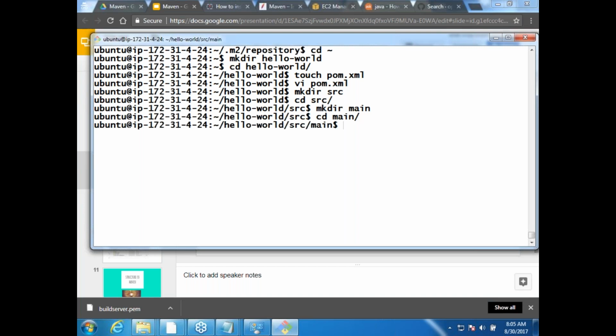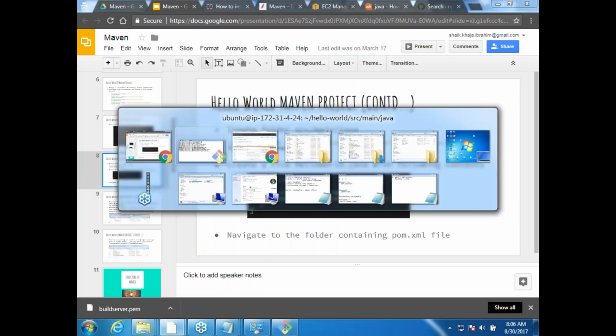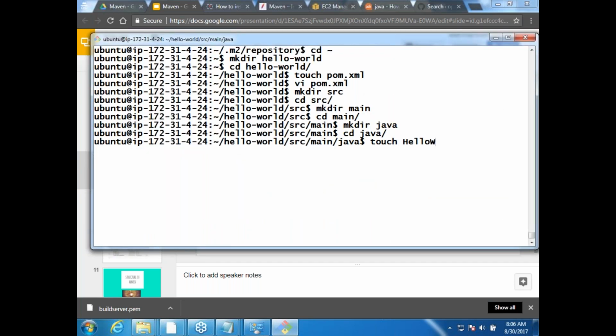I would get into that main, and then I'd be creating a folder called java. And in that java, I'd be creating a file which is HelloWorld.java, whatever it is.